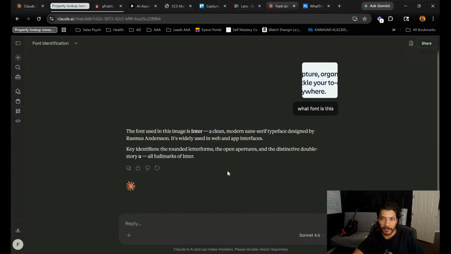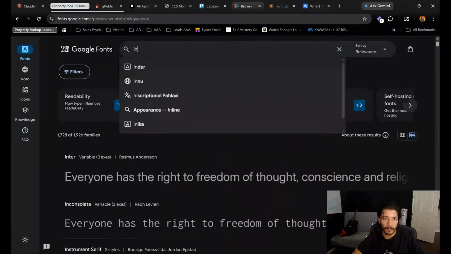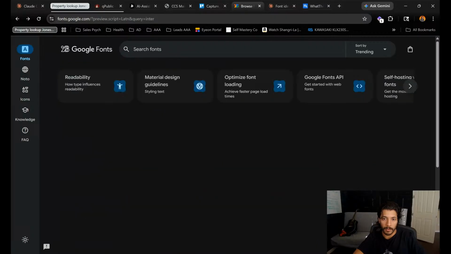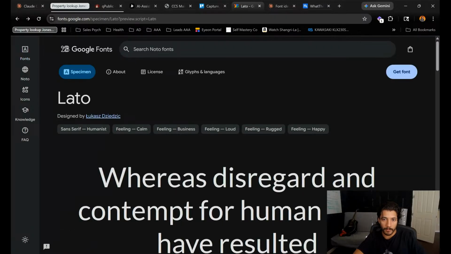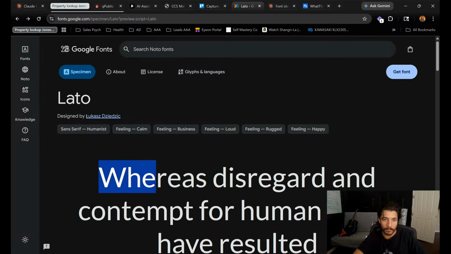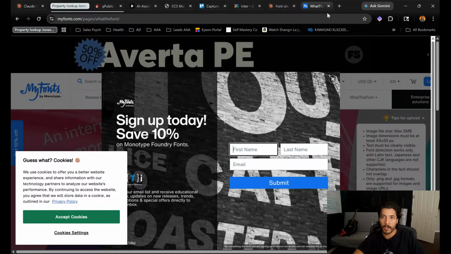Inter. Yeah, Inter is also very similar. Boom. See, just kind of boring. How much of a difference was that? Not much. The W is a little wider, a little thicker, but that's all the same type of thing, right? Lato's even more impressive than Inter. Inter's so boring. So personally, that's something that I do.